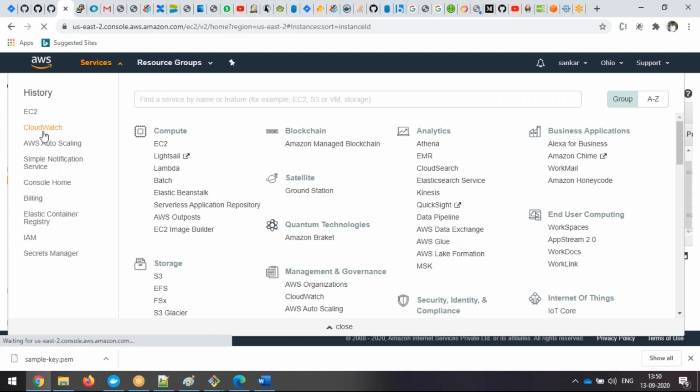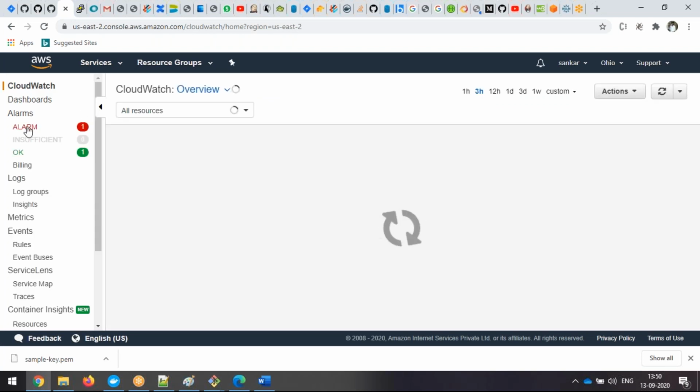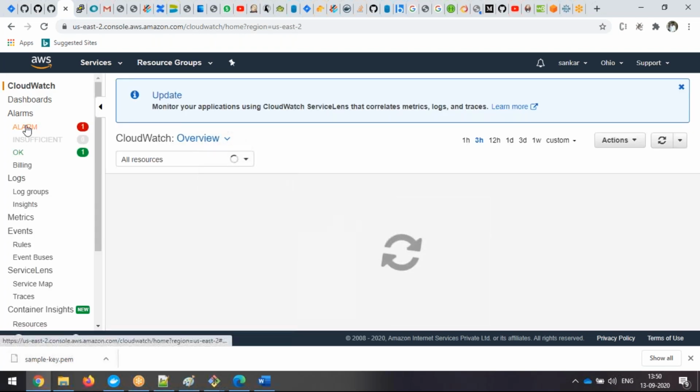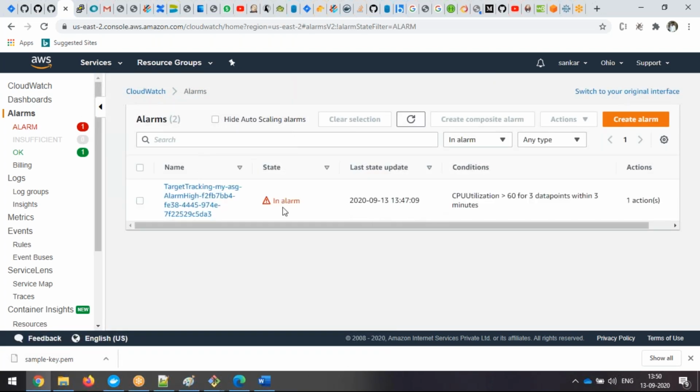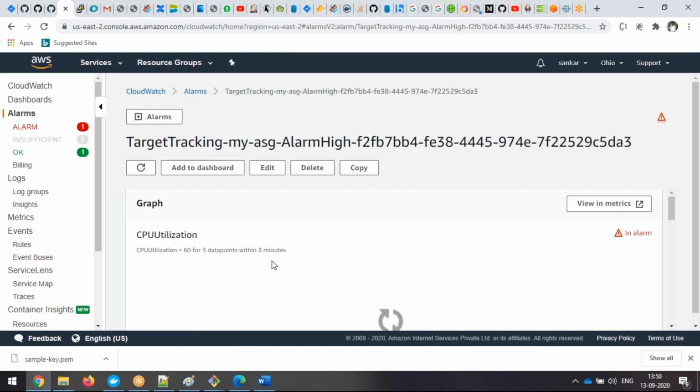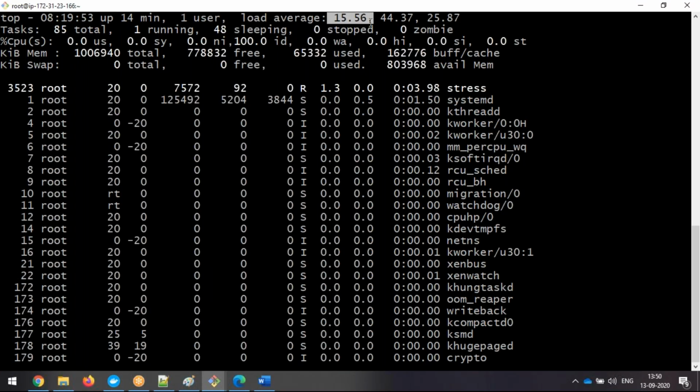So in the background, this is the process which the AWS service is going to perform. The CloudWatch will be monitoring continuously. This CloudWatch is a monitoring tool, so it is going to monitor the servers continuously. Based on the criteria, if the condition is met, then immediately the alarm is going to trigger. When the alarm becomes okay, then the action is going to be performed. Once the load decreases again,